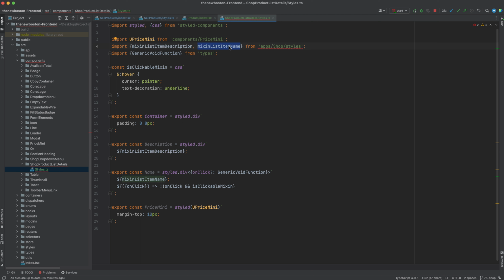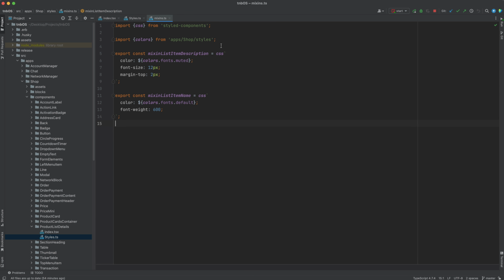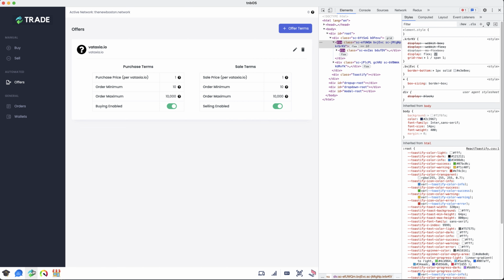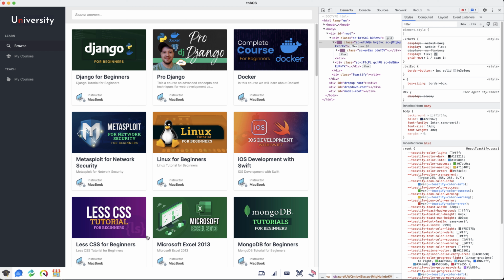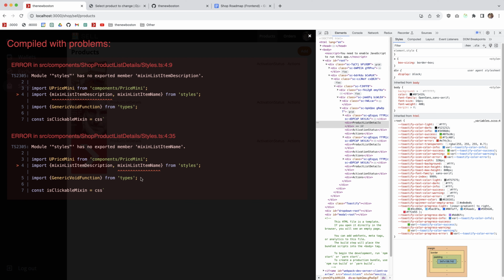So here I created a mixin for a list name and a list item description. And let me go ahead and actually just see if I actually want those mixins again. Okay. I may actually want to use these mixins again. Mixin list item description, mixin list item name. Because I'm wondering if, yeah, it's kind of tricky because TNBOS was kind of designed where each app that was built, it's like a separate app that you would make on your desktop. Like everyone had its completely unique style. However, what I'm doing here is I'm actually merging everything into the same, well, not the prettiest UI right now,